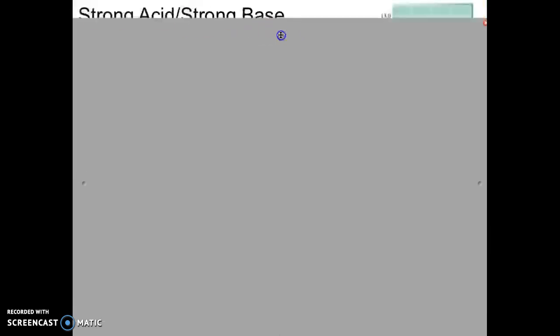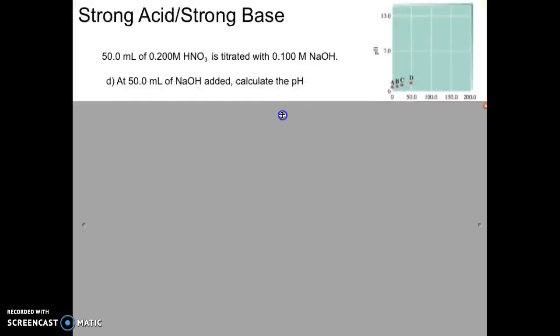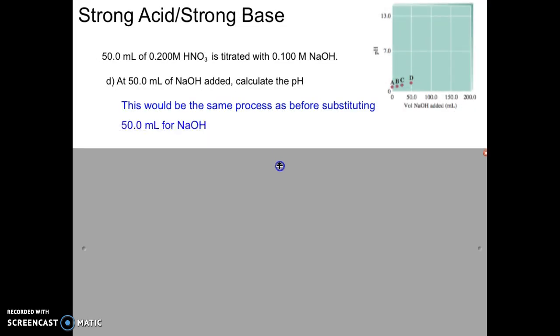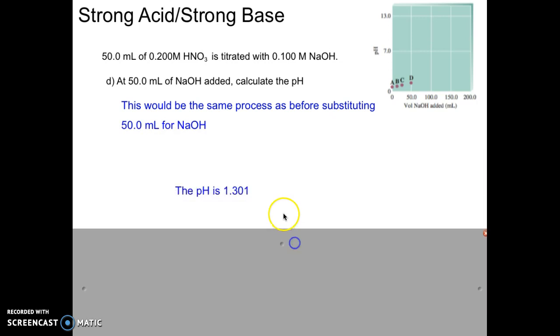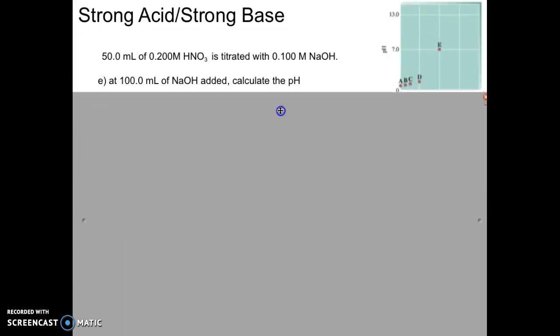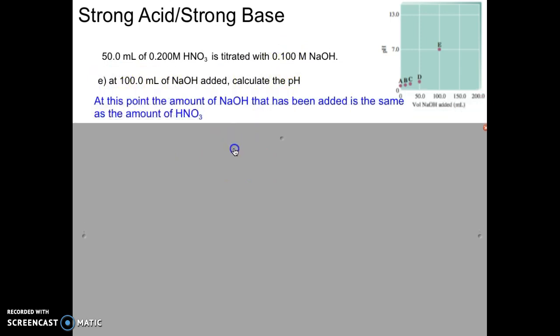Similar now, what will happen when I add 50 mils? This would be the same process as before, just like we did before, and the pH, you can see, just slightly rises to 1.301. Now, we are adding a total of 100 milliliters of 0.1 molar,